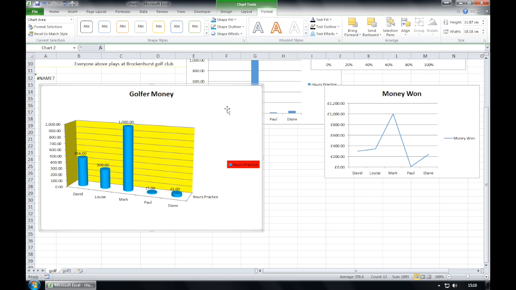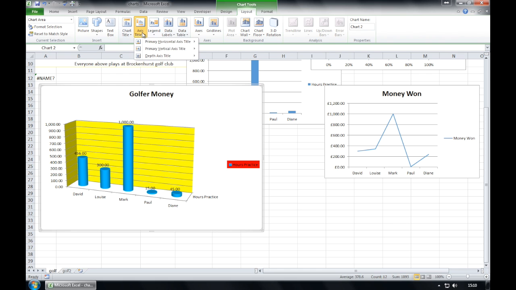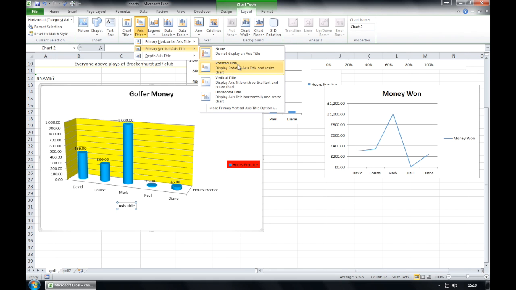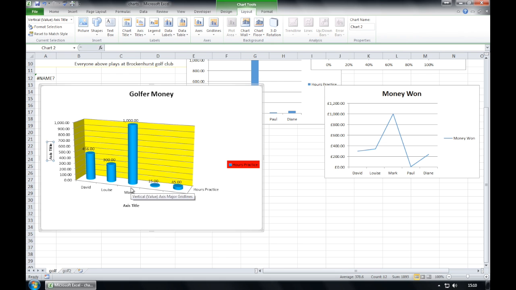we now are going to add a chart axes title, the X and Y columns axes. So we're going to select our graph, we're going to go to layout, I'm going to choose an axes title, my primary horizontal below, and while I'm there, I'm going to change my primary vertical to a rotated title, and I can give them a name. So this at the bottom here is my golfer name, and at the side is money 1.